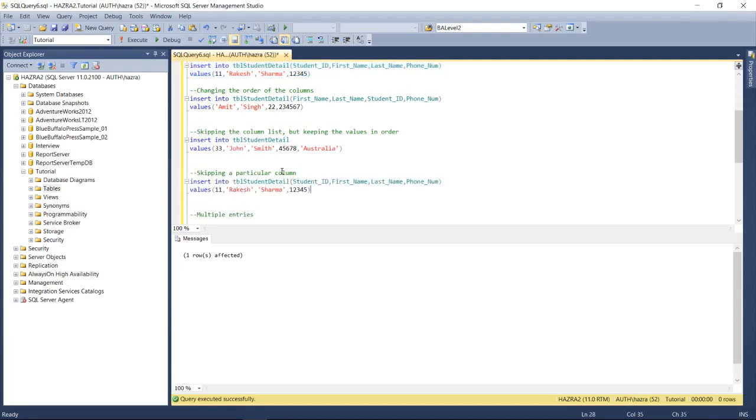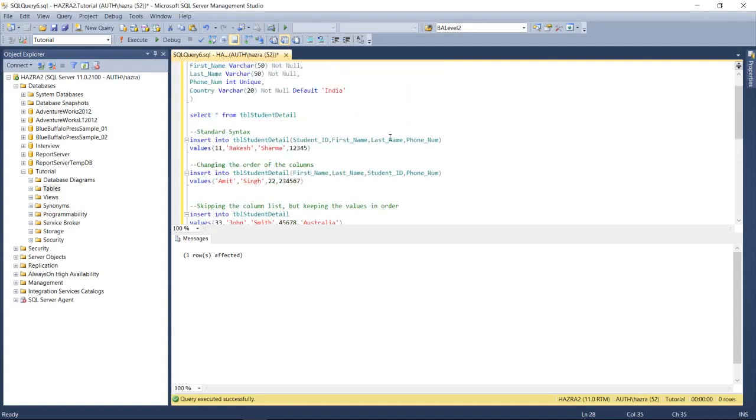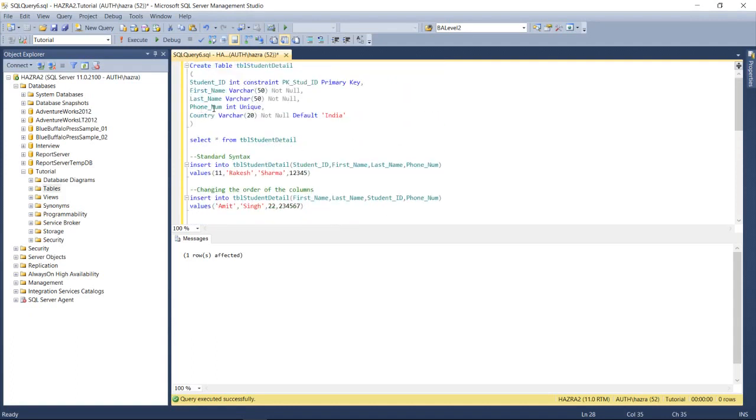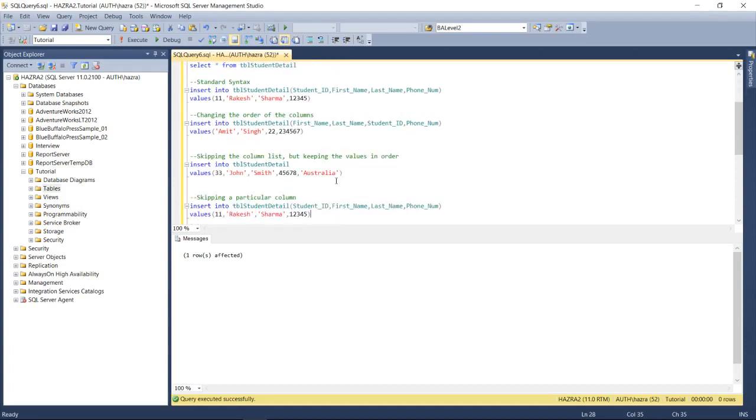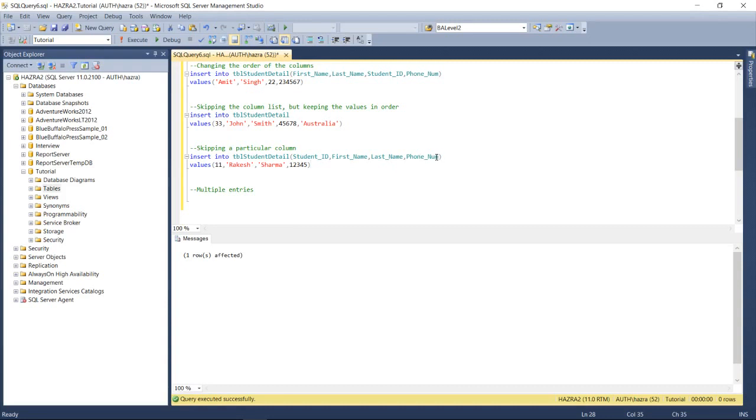Now here we are trying to skip a particular column, provided that column can allow null. So here we could see that phone number is something which should be unique, but it's not necessary that you have to key in a phone number. So the phone number column can allow null. So we will come here and delete the phone number. Country anyway is a default, so we can skip it like that. So phone number I don't want. I'll just skip it, delete it. So 4 would be,